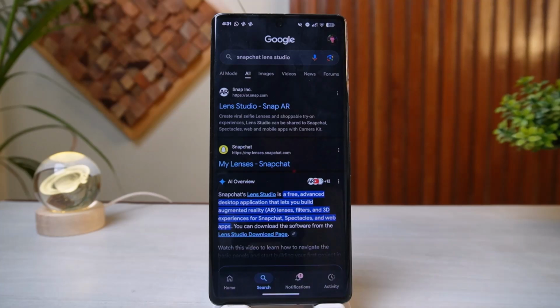Once you do this, you simply have to now launch the Lens Studio and log in using your personal Snapchat account credentials. Once you do this, your desktop creation workspace will be directly linked to your mobile application for instant live testing. Now you simply have to select the templates if you are beginners, and you can also customize assets and trackings. You can test the lens on your phones lastly and publish your lens to the